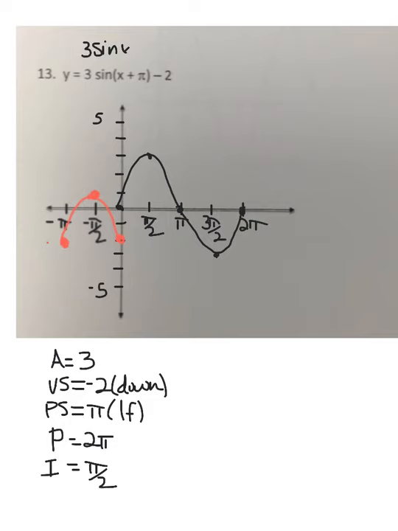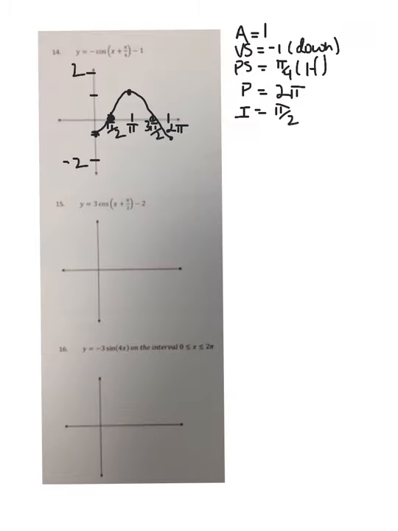Okay, so that's going to be, let's see, down 2 right here. Then I'm going to do the same for the next point, and that's going to put me right there. And there's my graph: y equals 3 sine (x plus pi) minus 2. All right, so for number 14, just check out everything I have over on the right,